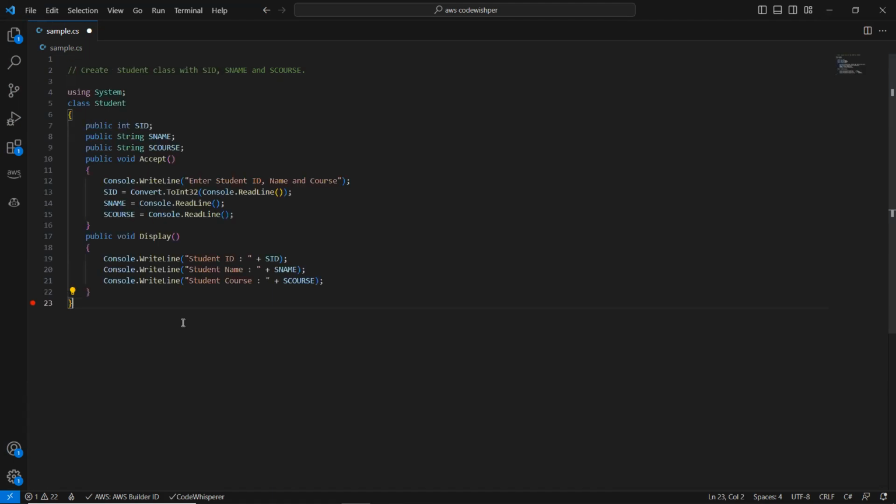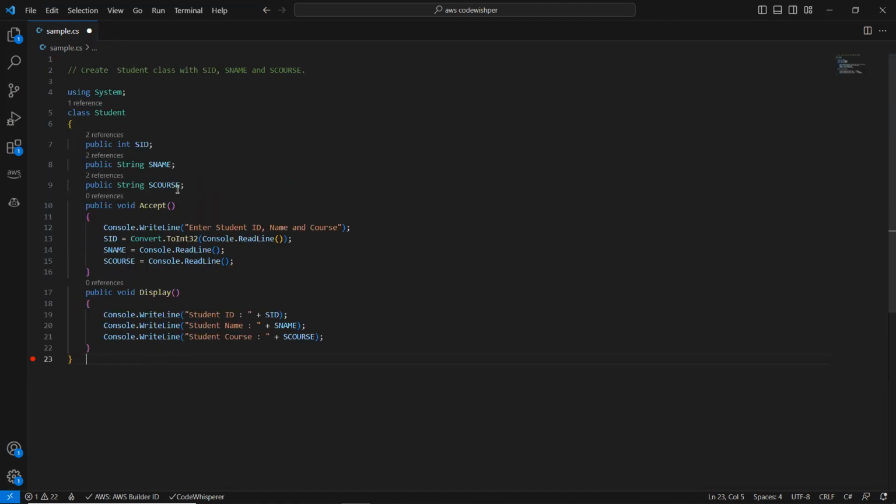It is going to fetch another set of code for me, like using System, which is a default namespace import, and a class being created using the class Student. And these are the names I mentioned, SID, SNAME, SCores, and this is the accept method, which basically executes to get the values from the console, and this is for display. This is giving a code block and recommendations for the developer. And it is very easy for the developer to choose the code recommendation and incorporate it into real-time